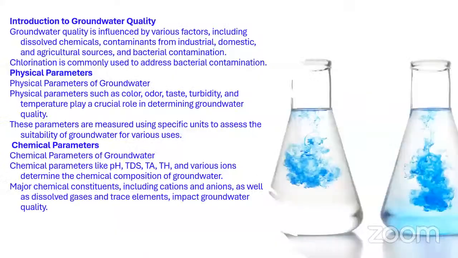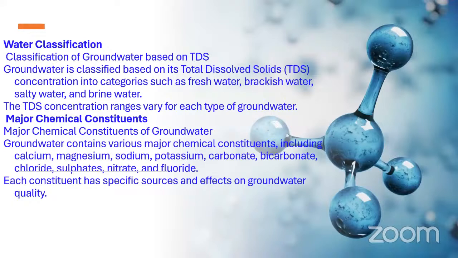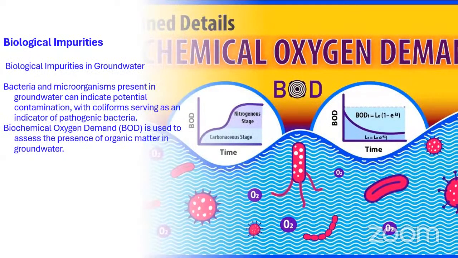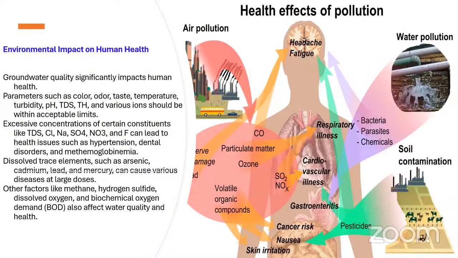And we have discussed physical parameters, chemical parameters, and water classification, major chemical constituents, and biological impurities. Now we are going to discuss the environmental impact on human health. Here in this picture, you can observe the human body and which organ is affected by which